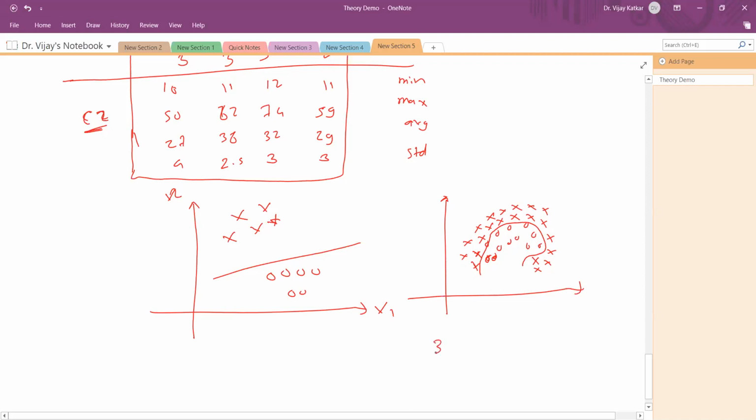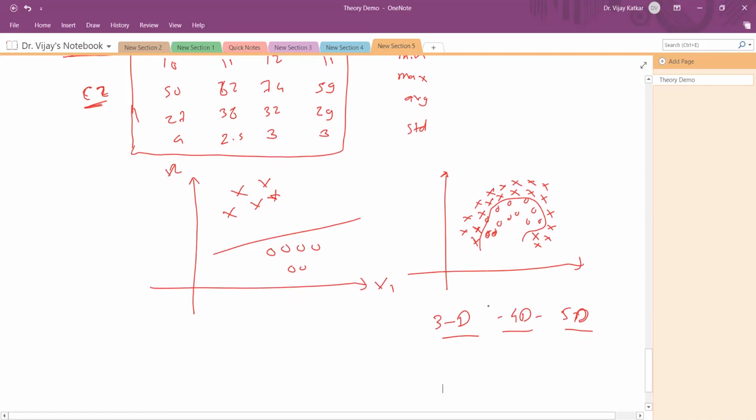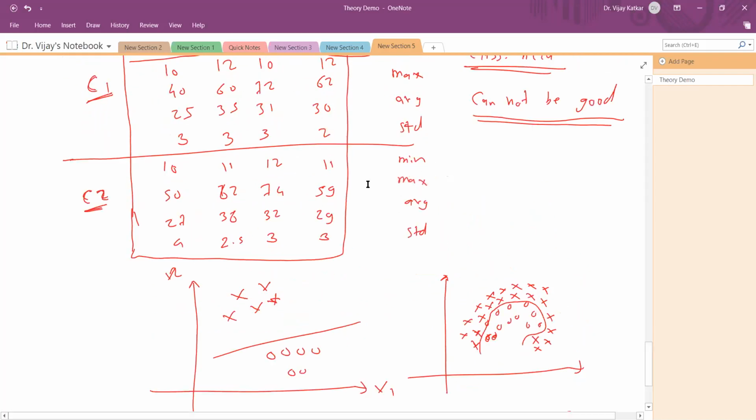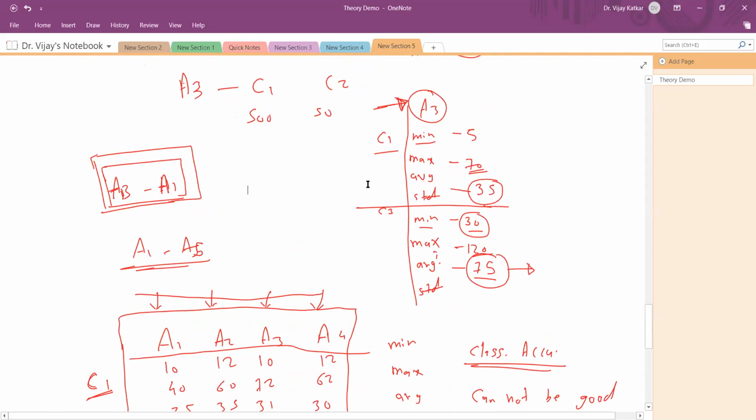But if the data is 3D data, 4D data or 5D data, can you easily say that it is not easily separable, that I need to have a curve, or that separation will be very difficult? Can you say it? No, because we cannot visualize 4D or 5D data. Up to 3D will be okay. For 4D, 5D, 6D and beyond, it becomes extremely difficult to understand those curves or planes. So this is a simple mechanism that we can use to check whether we can separate the classes or not.